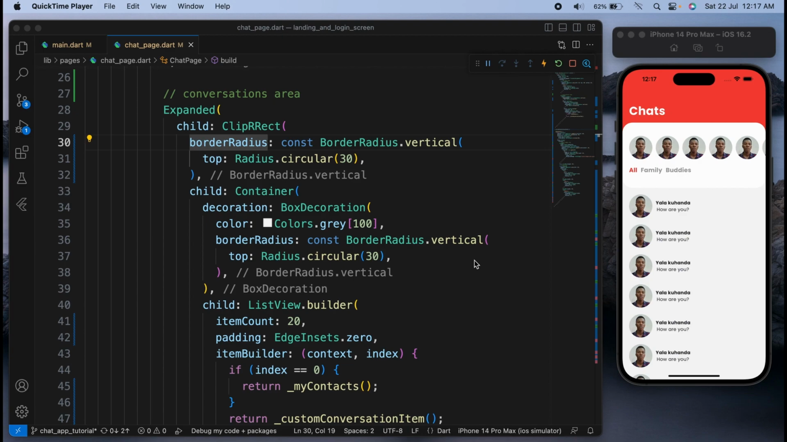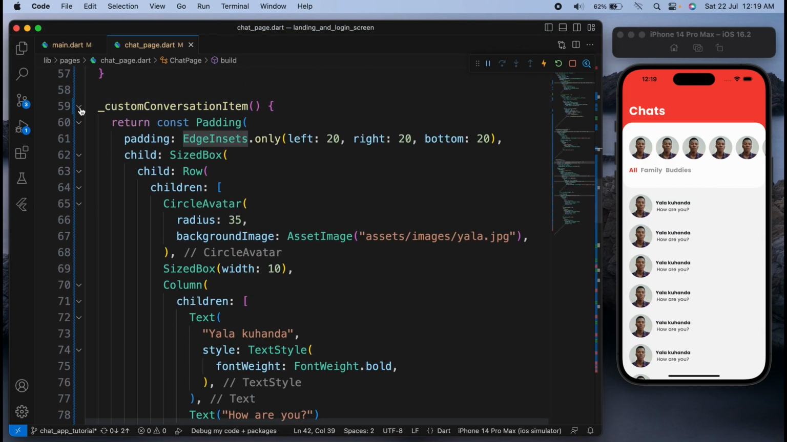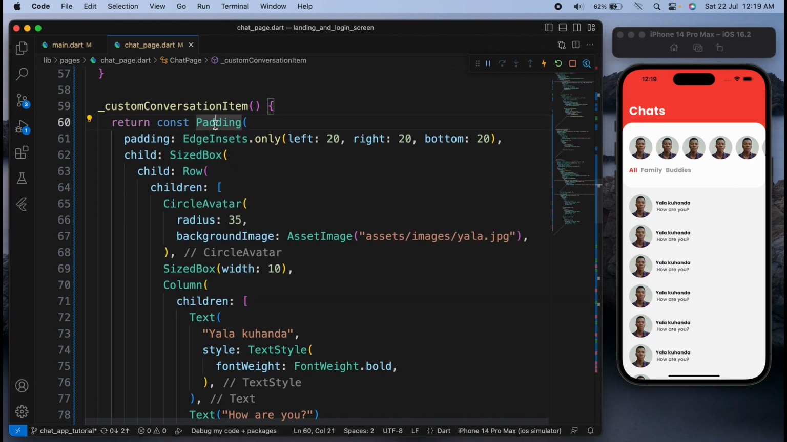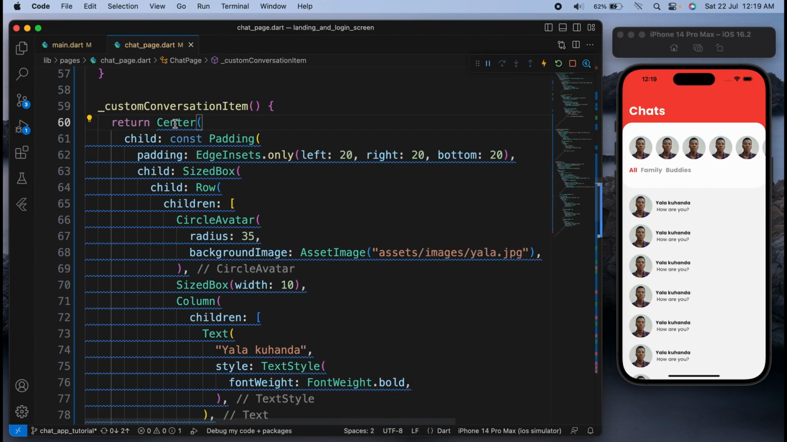Okay, now we want to add some navigation to our conversations item. So whenever the user clicks on this icon, on this item here, the conversations item, we want to be able to send him to another page actually. So let's do that. All we have to do is to come here to these widgets, the custom conversation item, and all we have to do is to wrap these widgets by